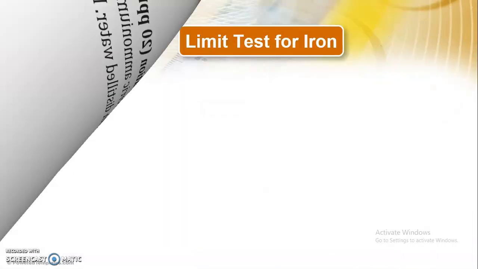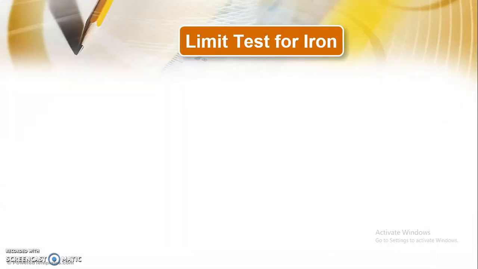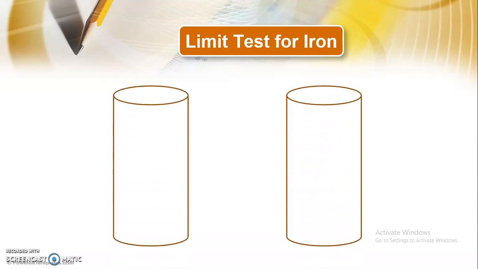Now we will take one example of how to perform this limit test in a laboratory. You can see here, as we know, for the limit test we are going to use the Nessler cylinder, which is a special type of apparatus with an approximate capacity of 50 ml. It is available in more sizes also, but we are using this particular Nessler cylinder which has a capacity of 50 ml. So first we are going to prepare the test solution and the standard solution. We prepare both solutions simultaneously, because we need to carry out the comparison between the test and the standard.